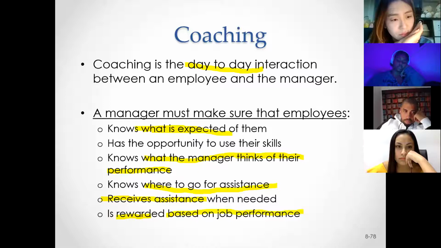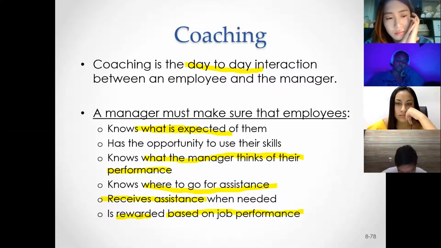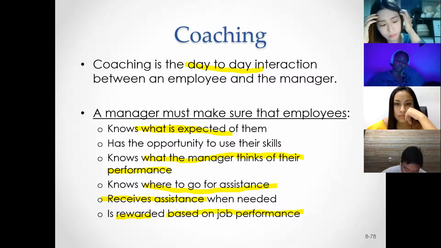Doesn't matter if we use a ranking, a rating, MBO, critical appraisal, self-evaluation, whatever we use, we need to reward people based on their performance, or else we start running into the problem of the expectancy